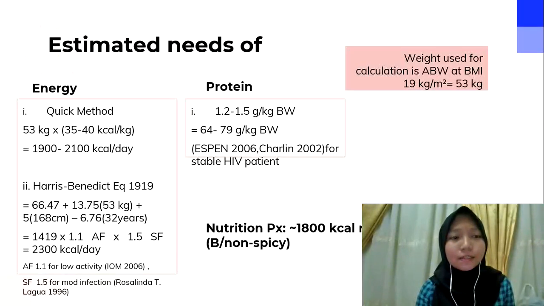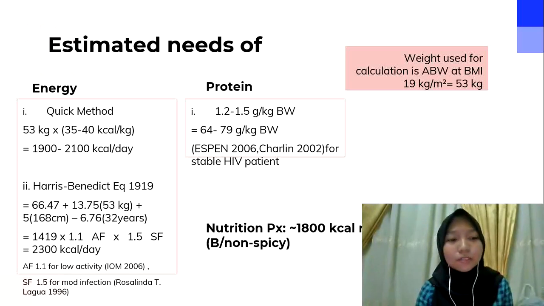And for the estimated needs for energy, I use two formulas. First is the quick method. I get 1900 to 2900 kcal per day. And for the second one, I use Harris Benedict, and I get around 2300 kcal per day using the activity factor of 1.1 and stress factor of 1.5. And I choose for this patient around 2000 kcal per day, but in hospital there is no 2000 kcal per day